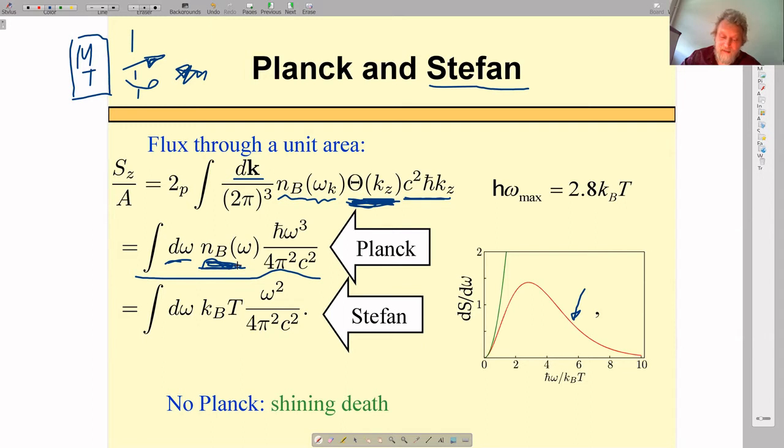Looking at things classically, one would rather write the classical approximation for this Bose distribution function, which will be k_B T divided by h omega. This is what classical physics without h bar would do. And as a function of omega, it is given by this green line in the plot. And that means that the energy flux is eventually infinite. There is no way a body, for instance, a star, can keep